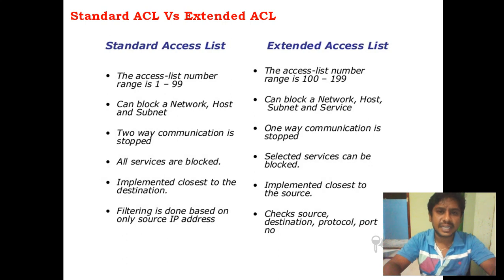Comparing the standard ACL and the extended ACL, the access list number is in the 1 to 99 range in the case of standard ACL, whereas in the case of extended ACL, it is between 100 to 199. Standard ACL can block a network, a host and a subnet, whereas in the case of extended ACL, one more addition is there. Here we will be able to block the service also. It can block a network, a host, a subnet and a service. So if we need to block a particular network, we are able to do that. A particular host alone, we will be able to do. And if there is a particular service, that is not possible with standard ACL, but it is possible with the